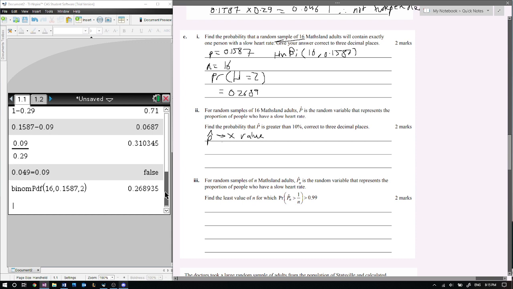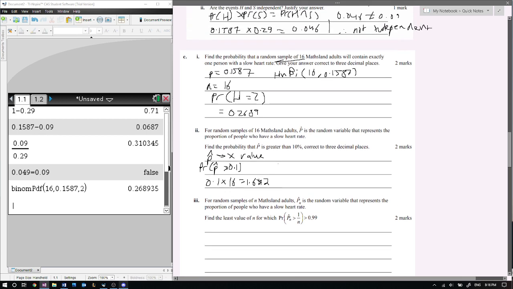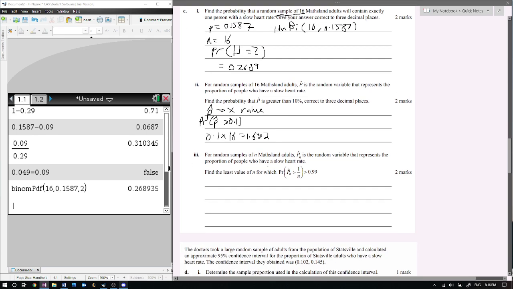I'll just lay out the question real quick. It's trying to find that p hat is greater than 10%, so it's greater than 0.1, converting to decimals. And obviously convert 0.1 to an x value. So you do 0.1 times 16, which is equal to 1.6, which is equal to 2, because you want to round up, because you can't have 1.6 of a person, so you round up to 2. So that means that the probability